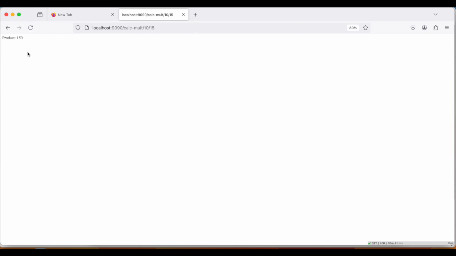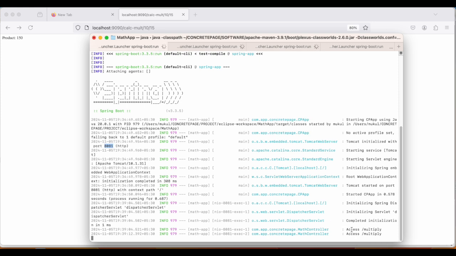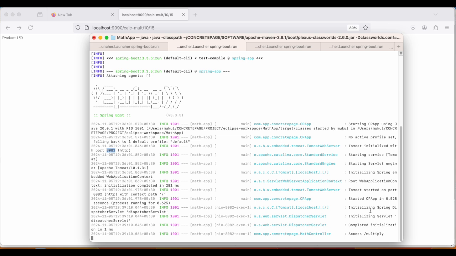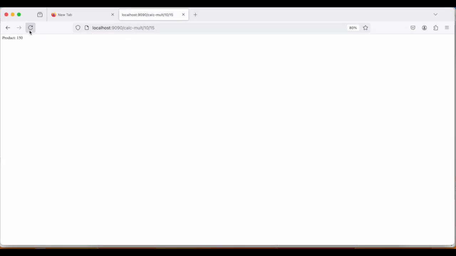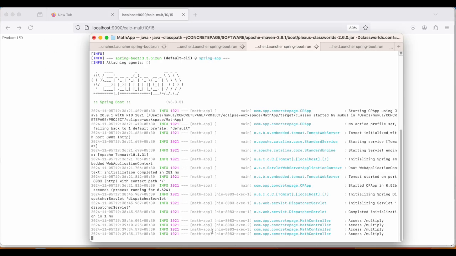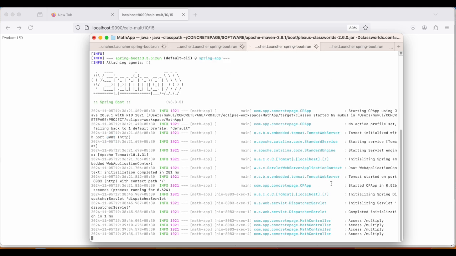If we hit it, we can see here we are getting the log. 4 times, 5 times we have requested it. I have clicked it many times. So look here. So the load balancer is working.